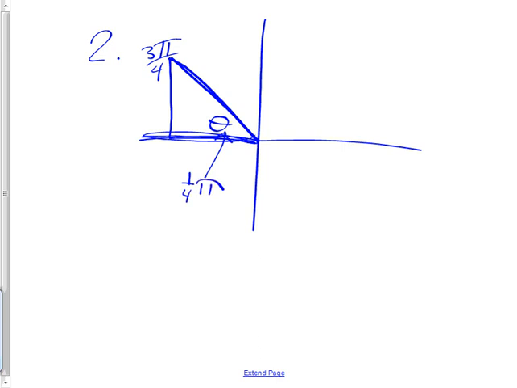Raise your hand if you did that one right. Okay, awesome. Let's move on. I think you're getting the idea. How about something weird like 11/6 pi? Let's move to number 5. What? 11/6 pi? Well,